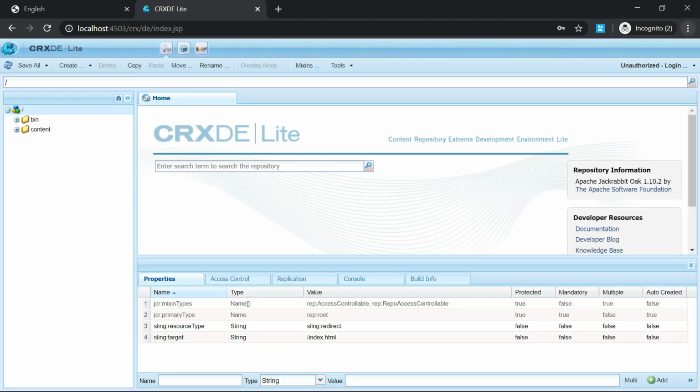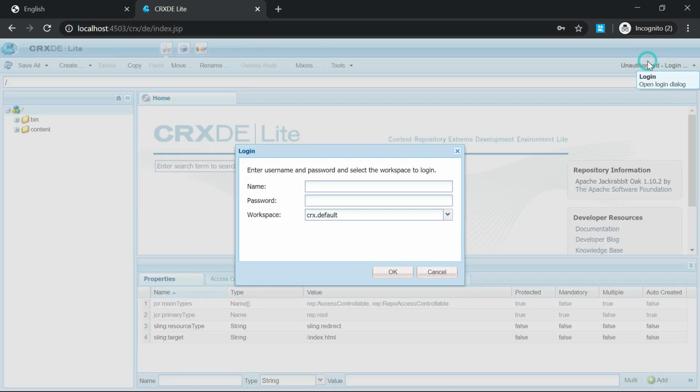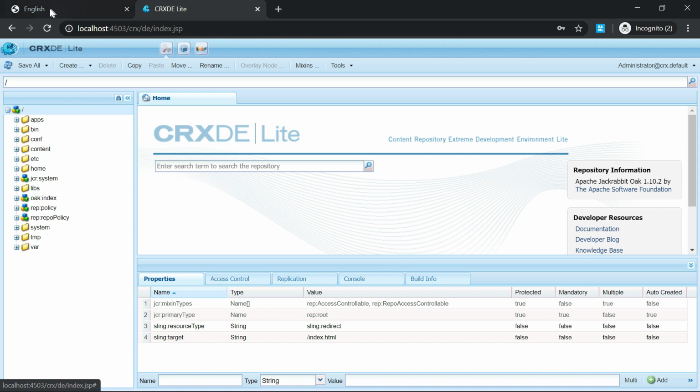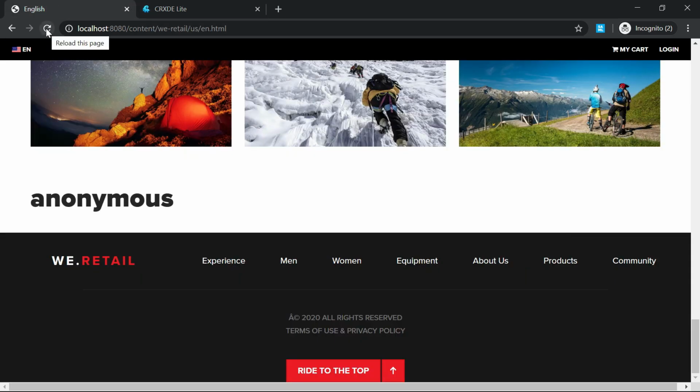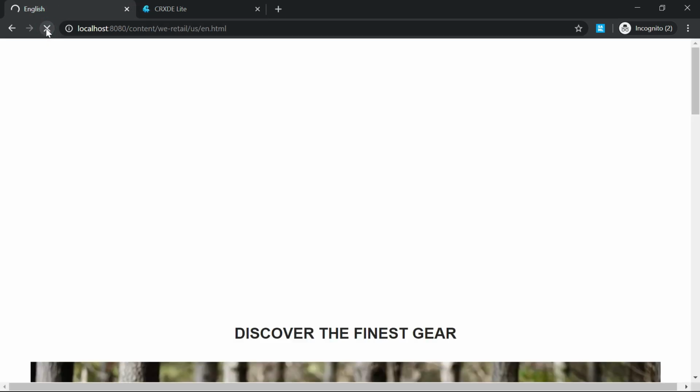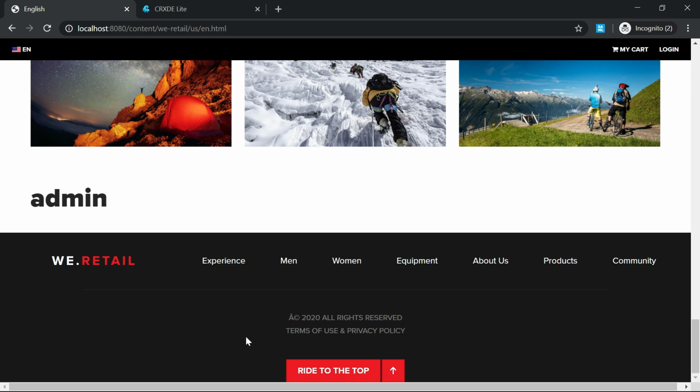Okay, let me now log into publisher with admin credential. So localhost 4503. Okay, now let me go back here. Yeah, if you see now I am able to see the user as admin.